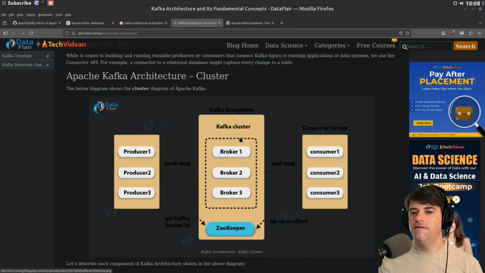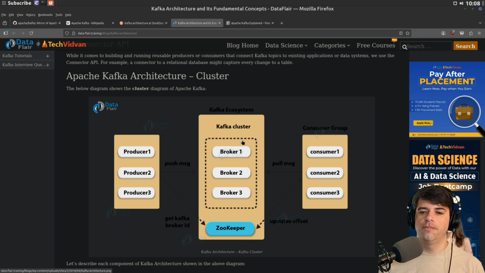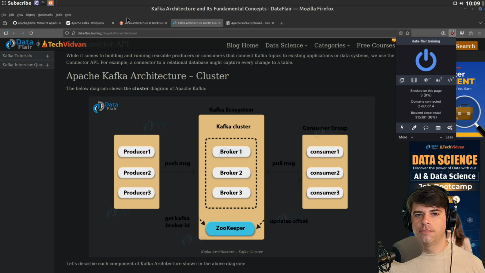Okay, so a cluster has multiple brokers. I don't know if broker is a term of art or if it's just a generic description of what Kafka is doing. And then they are using Apache Zookeeper to do the Zookeeper stuff, to synchronize all of the... so everyone has the same version of time, essentially. And then we have producers and consumers. And the producers push messages to the broker. You can't really see that, maybe because of Dark Reader.